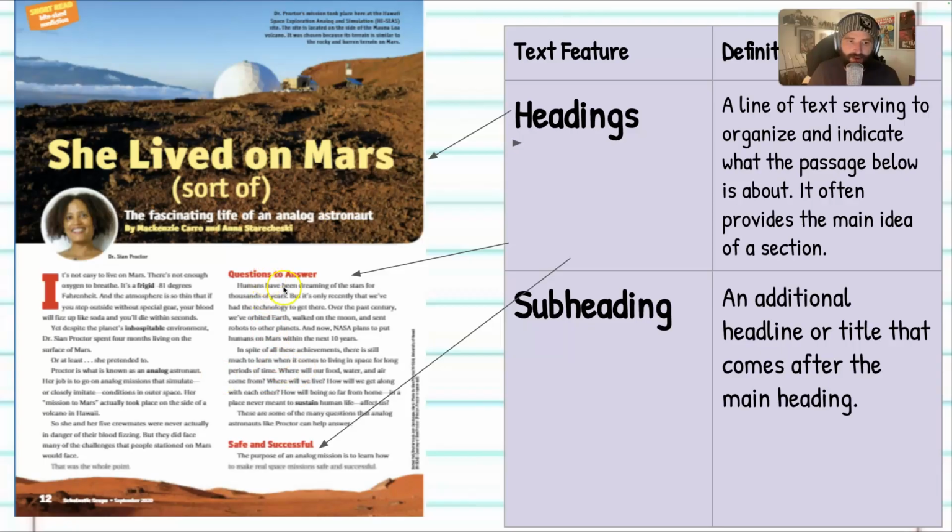So if there's a heading here, then it should tell you what this whole paragraph is about. If I go in here, it's probably going to provide questions that need to be answered. If I go here, it's going to explain how things are safe and successful. So you can already start to summarize just by looking at the heading or the subheading. Hopefully that made sense. But again, we're using these tools,